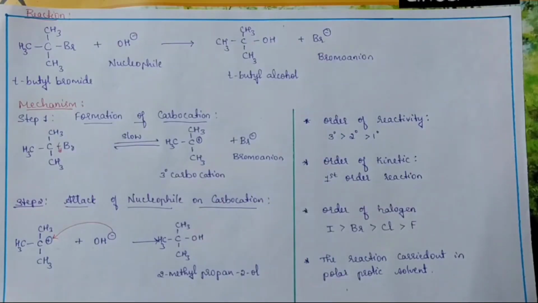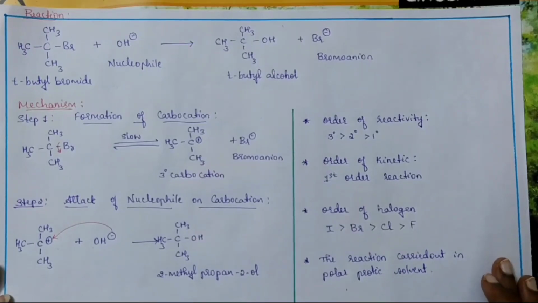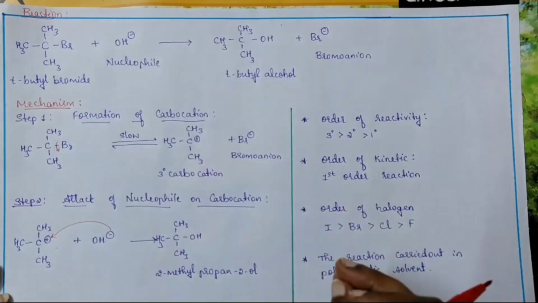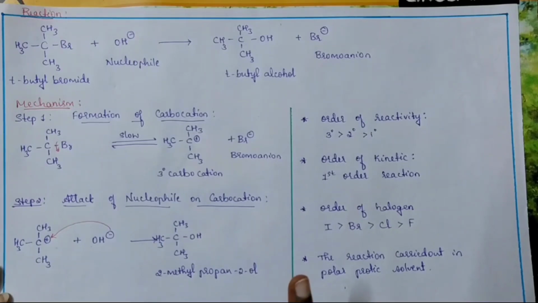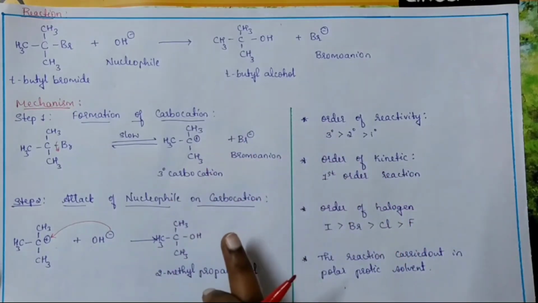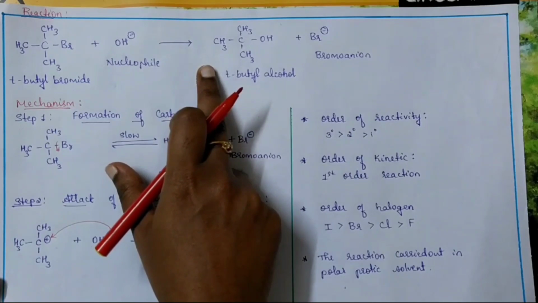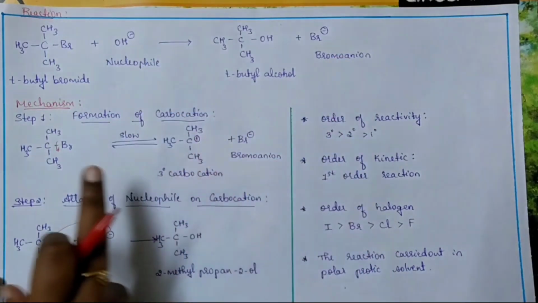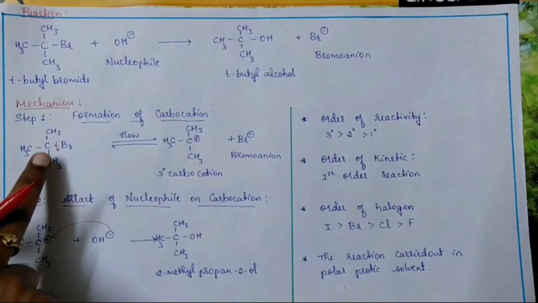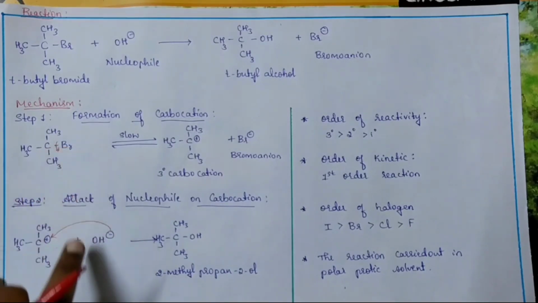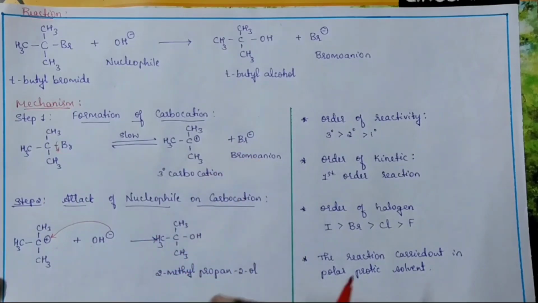Okay guys, now please take a screenshot of this reaction and mechanism and points given over here. These are the overall concepts which we discussed in today's class. And if in case in your board examination they ask a question like write the reaction and mechanism of SN1 reaction, you need to write all these points. First you must write the general reaction along with the names and all. Next you must write the mechanism stepwise, and also need to show the arrow marks in both the steps along with names of the products formed.